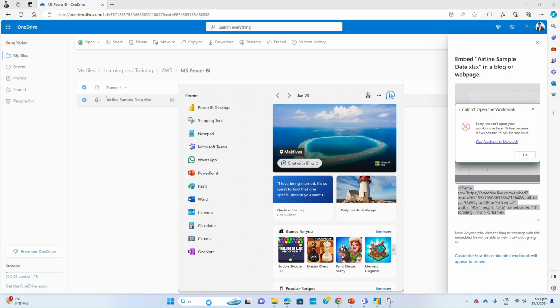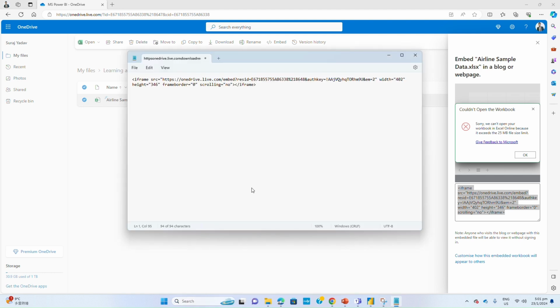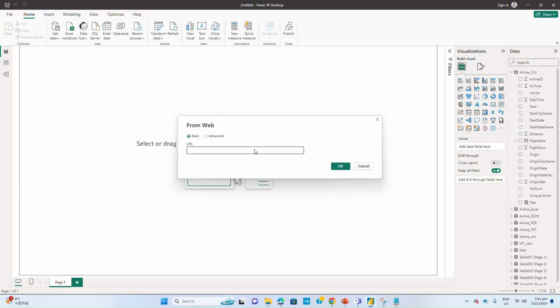Copy this link, open a notepad, paste the link, and here you can see the double inverted comma. Just delete everything before that and delete everything after the double inverted comma. So this is my link. Instead of embed, we will write download, and that's it. Now we will copy this link, go to Power BI, paste it, click OK,